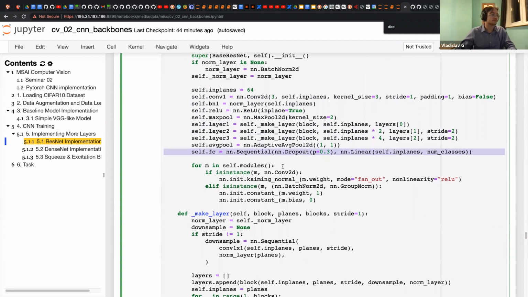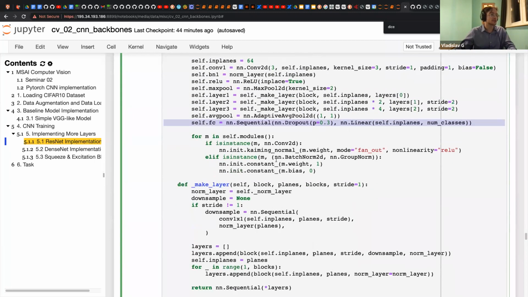Okay, that's just the addition of initialization, different kinds of initialization, but usually that's not a very big deal, because default initializations are good for most cases.